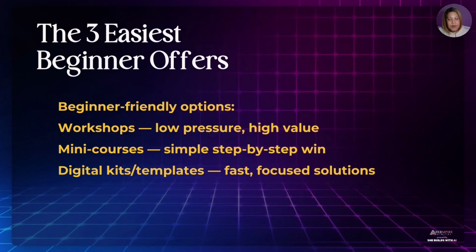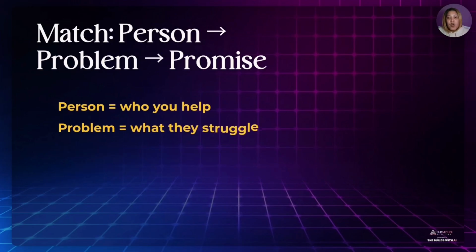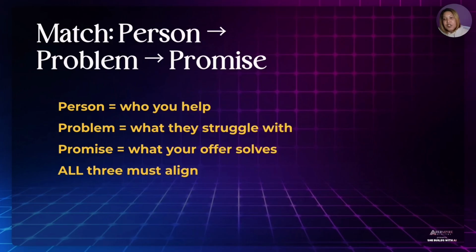And value is subjective, right? It needs to be of value to your customer avatar, right? These lessons that I'm giving in She Builds with AI might not be valuable to somebody that is a developer and that knows all the things. Yes, this is not of value to that person, but this training in this community is of value to my person. All right? It's not for everyone, right? And you have to know your business is not for everyone either. Okay? So match your person to the problem to the promise.